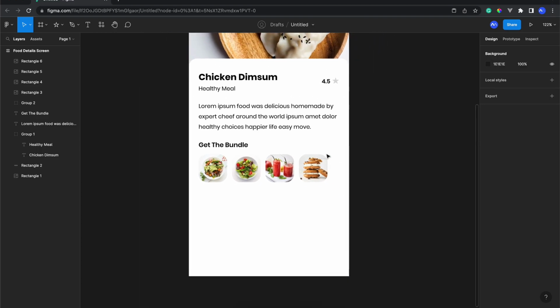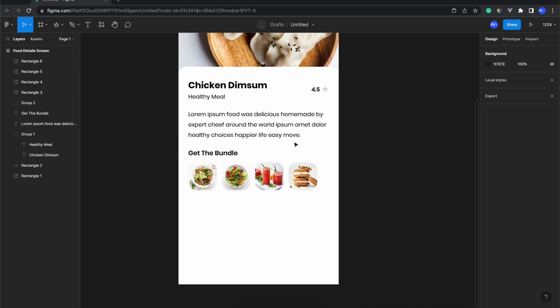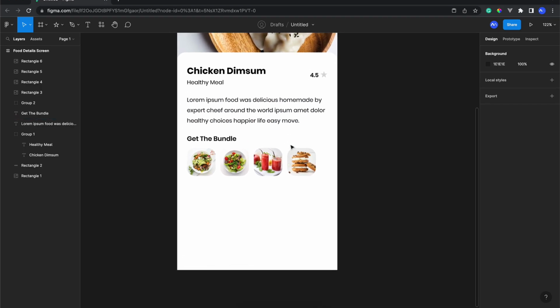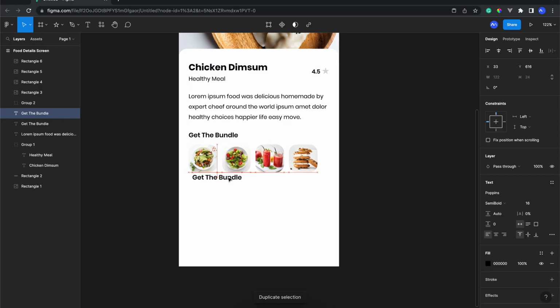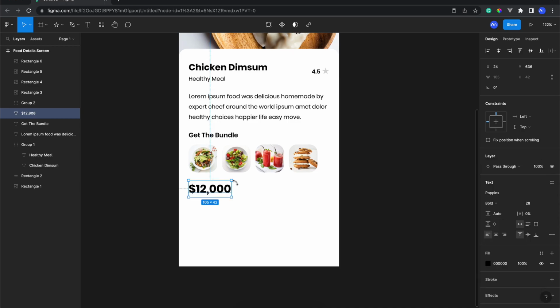Okay, so the next one, after we have this bundle option, I need to provide the price of this food for the portion, and then we just need to change it to maybe 12,000 US dollar. That's so expensive. Well, and change the font size to 27, maybe 28, and change to bold like this.